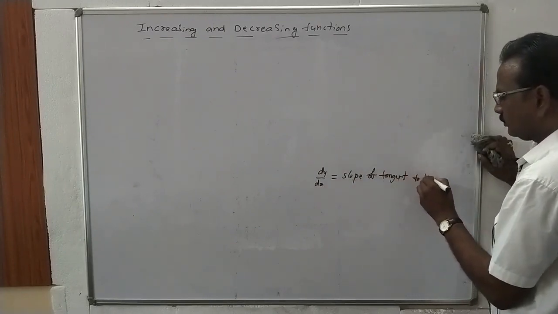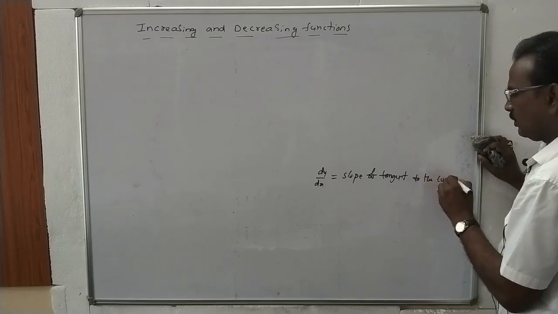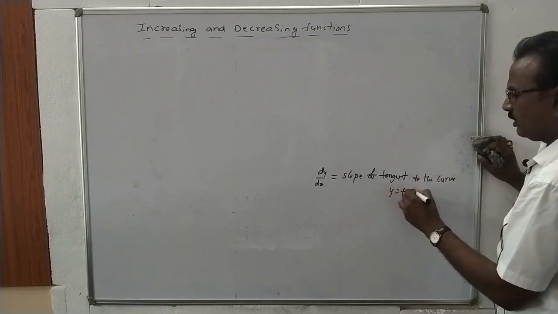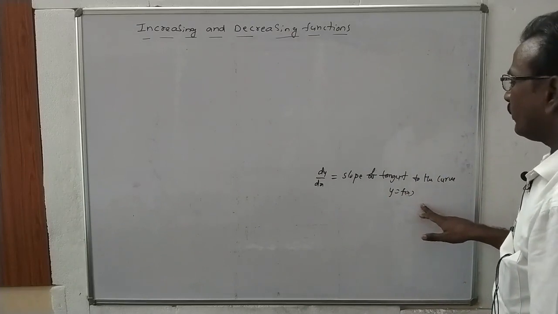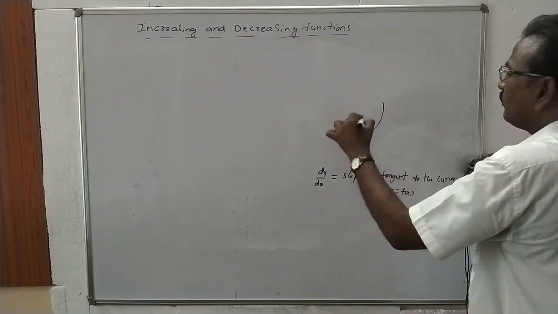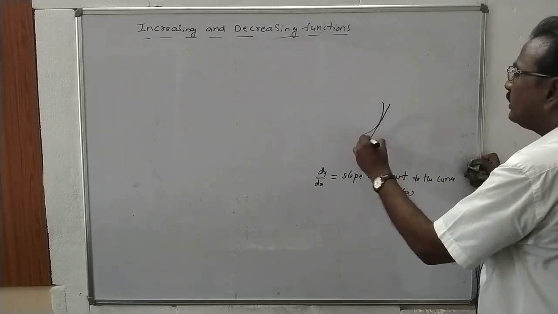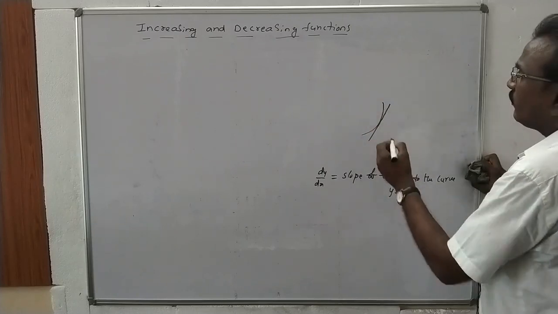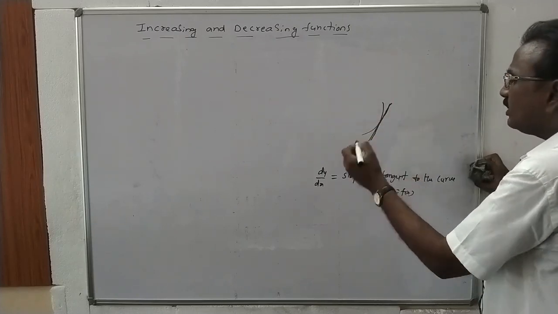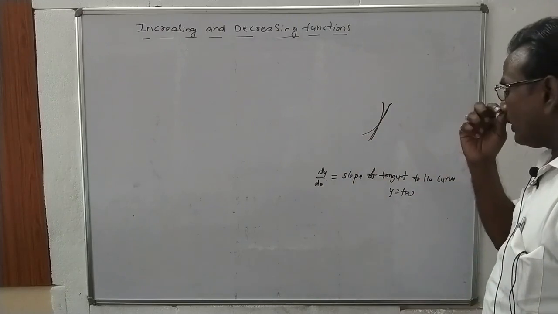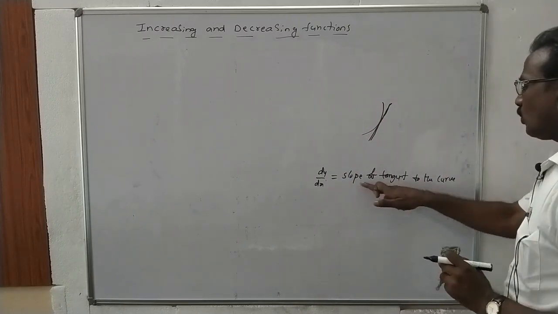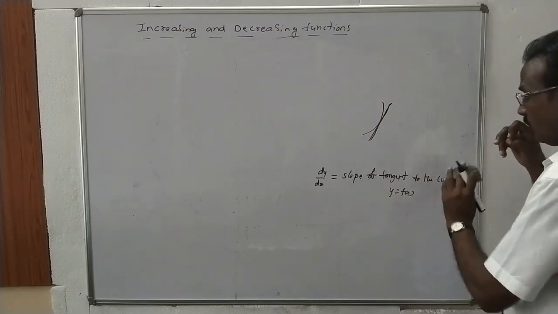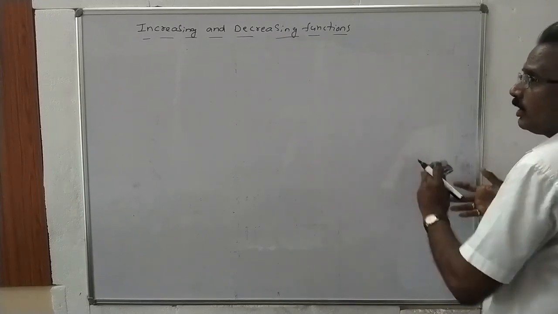to the curve y is equal to f of x. If the given function is y is equal to f of x, suppose this is the given function, slope of tangent, this is the tangent to the curve y is equal to f of x, slope of this tangent is dy by dx. The geometrical meaning of dy by dx is slope of tangent to the curve y is equal to f of x, right? So another definition,